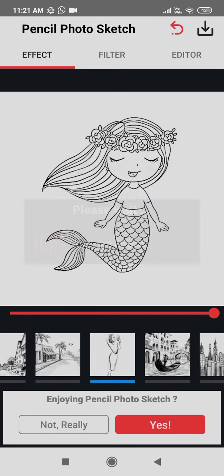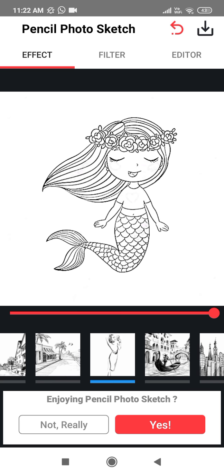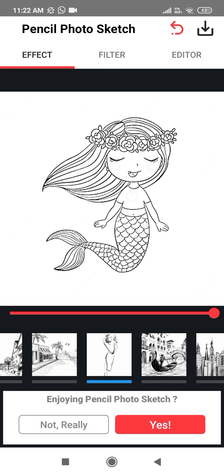Not this one really. This one looks pretty good, guys. You can see all those black things like this all at the background. Also you can see those are not visible when you are choosing this option. So you can see this girl. You can again remember the option by the picture. So remember this, that there's a girl and you have to choose this option, and this option is suitable for basically all the pictures. Okay, so if you want to take out a printout or you want a coloring page, choose this option or this girl. This is like the best option, so yeah, choose it.